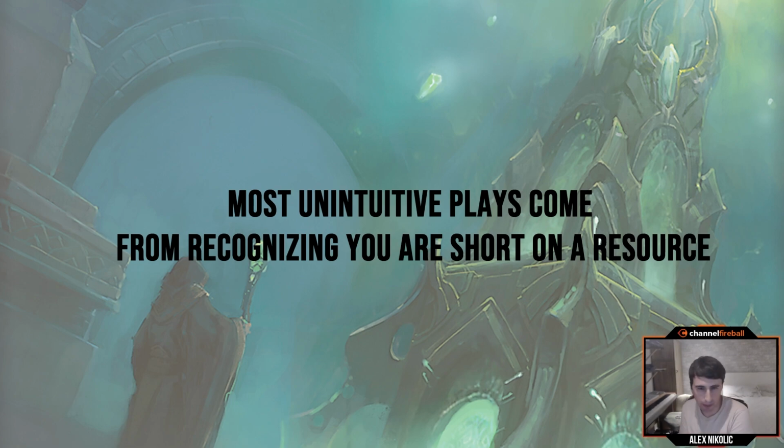I'm supposed to play my 3-drop on turn 3. I'm supposed to be using my card draw spell after I've dumped my hand because I want to gas up afterwards. I want to get on board early. I don't want to just play my draw spell on turn 3 for the privilege of having a few more options next turn, right? A lot of times you'll find yourself in situations where you'll make an unintuitive play